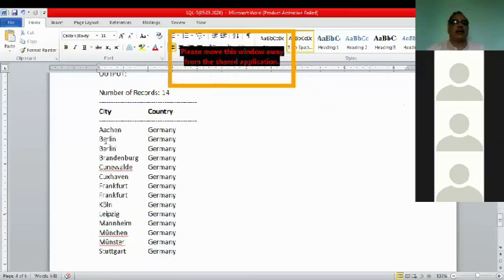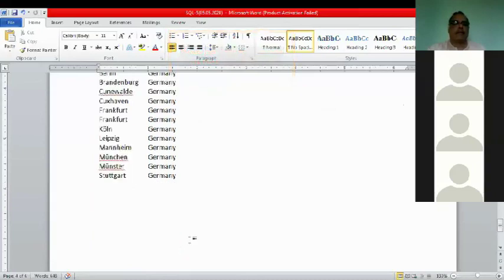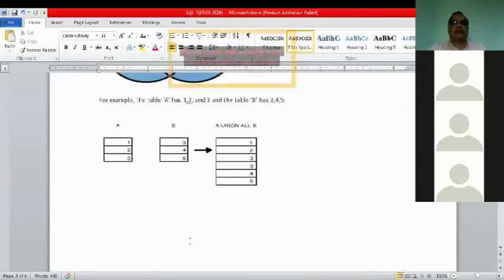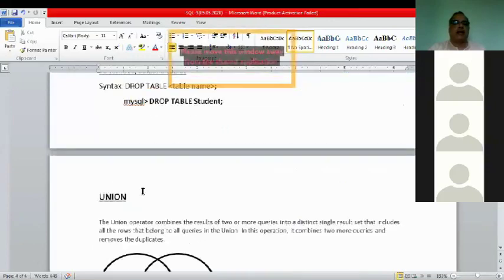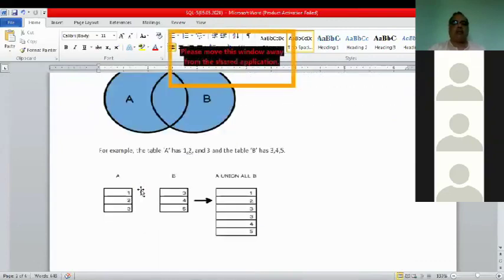City and country will be repeatedly coming. So many data are repeatedly coming. See. Okay. This is UNION. So here you could end.